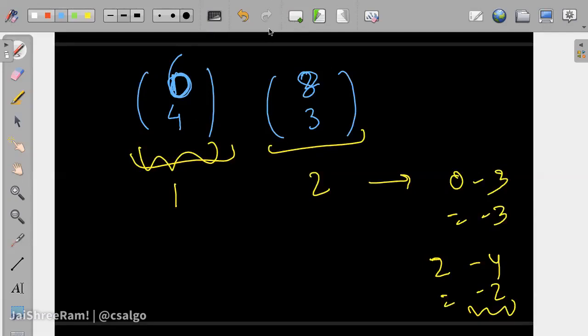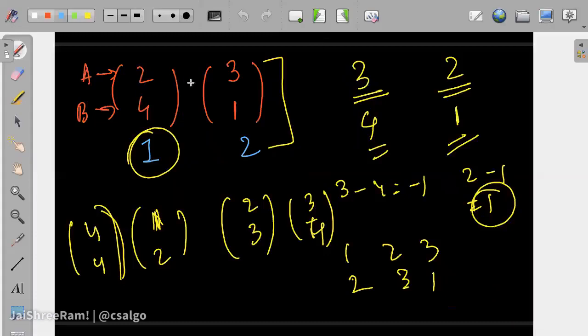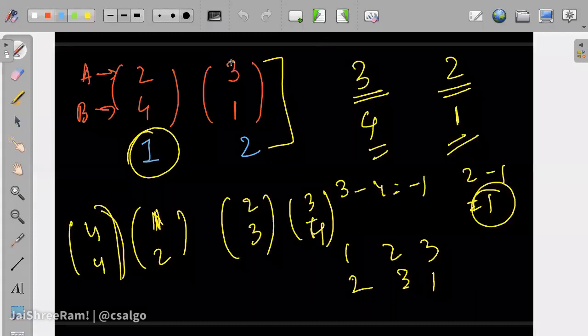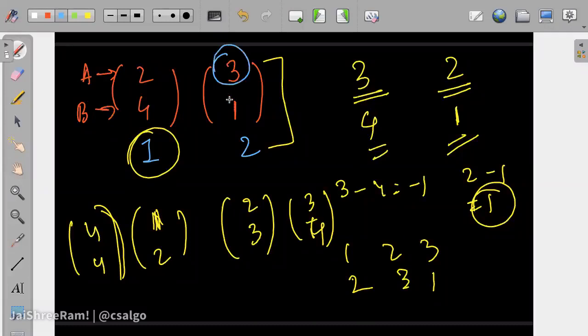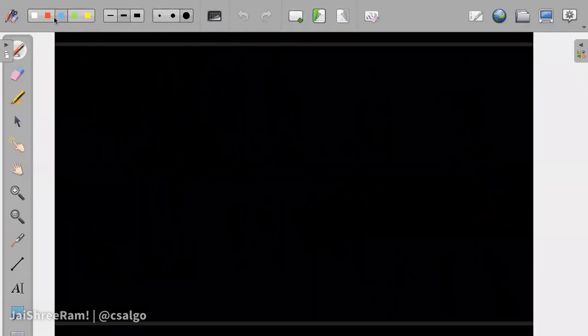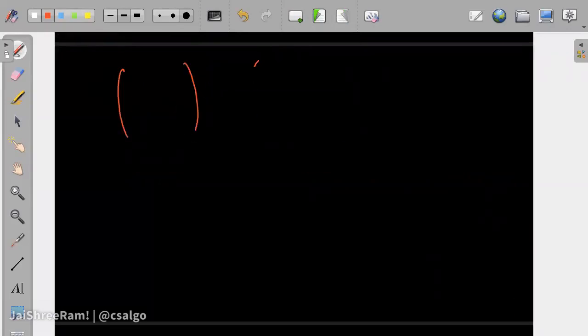So greedily I will take the one which has the maximum value, right? But I think that fails on this case itself. If I greedily take the one which has maximum value, okay, this one, yeah, so this fails, right? If you want to take the max, it will take this one, but then, no, I wasn't saying that. I was saying take the maximum value of both A and B. Okay, so let's try to fail that as well.